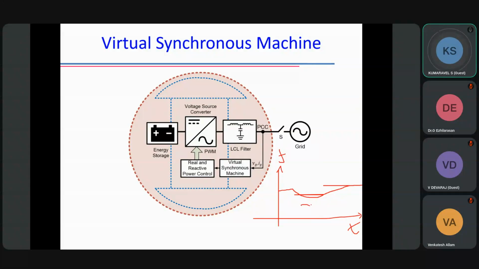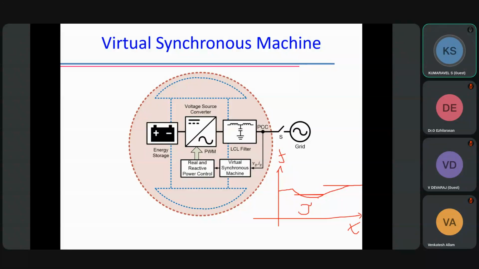So this is the unique feature of inertia. This droop happens because of J. Otherwise, it will fall down so quickly. The slope of the curve is decided by the value of the moment of inertia. If you have a large inertial system, the droop is very small. If you have a lesser inertial system, the droop will be very fast.